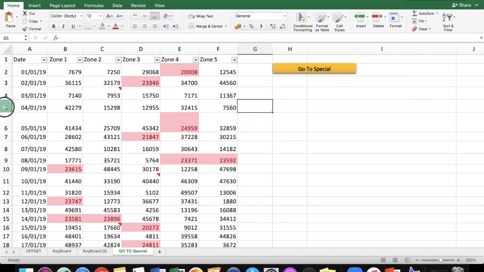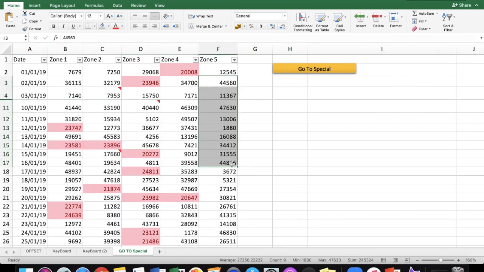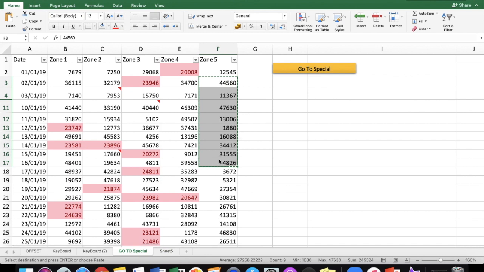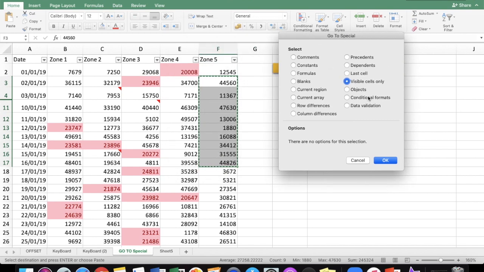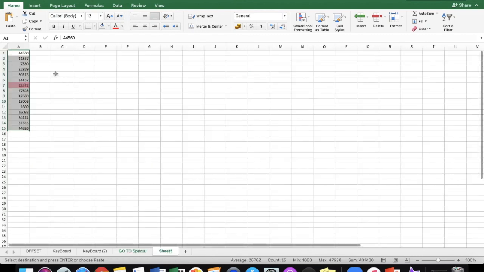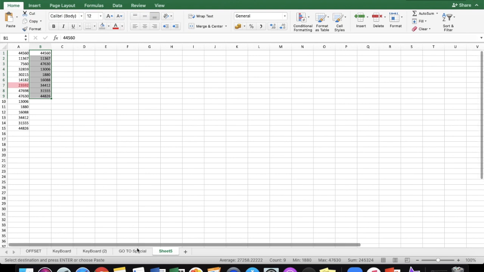For example, if I hide some of the cells here, okay, now if I copy this much and go to another sheet and paste it, you will see the hidden cells are also pasted, right? So what I'll do, Control G, Special and Visible Cells. Since I have selected that data and selected visible cells here, now I will do Control C, go here and paste here. So you will see it has pasted only the visible cells.